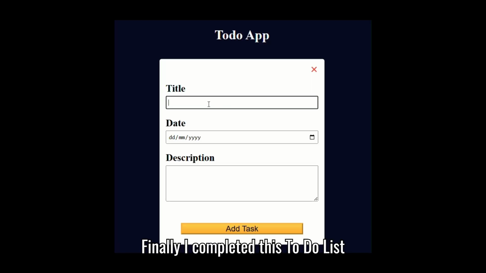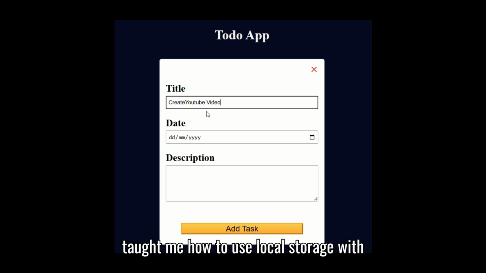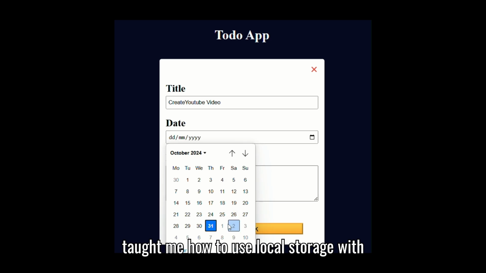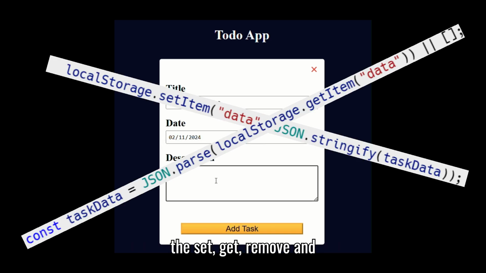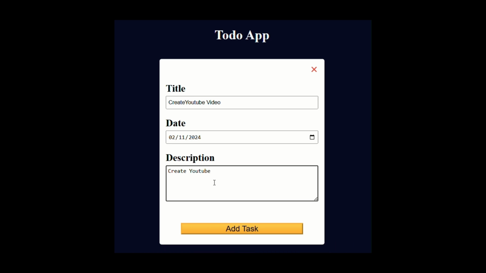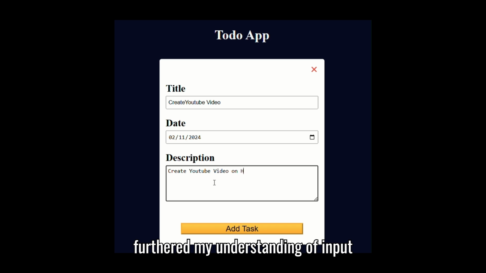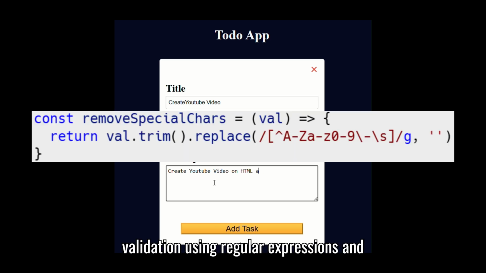of the event. Finally, I completed this to-do list tutorial that allows the user to add, delete, and edit their tasks. This mainly taught me how to use local storage with the set, get, remove, and clear methods. It also introduced me to the this parameter, furthered my understanding of input validation using regular expressions and the trim